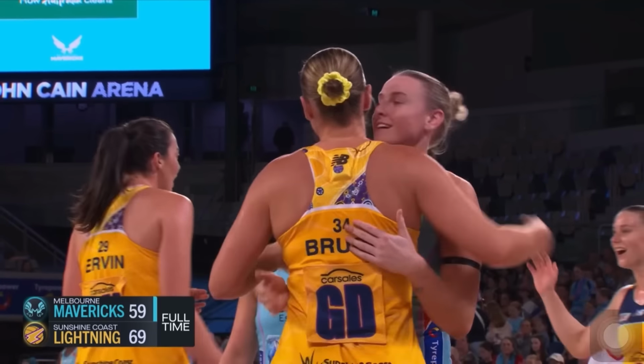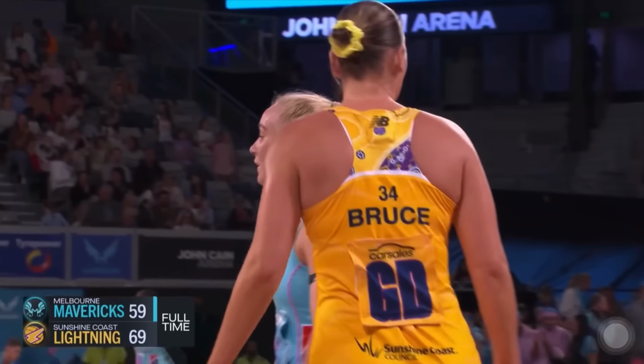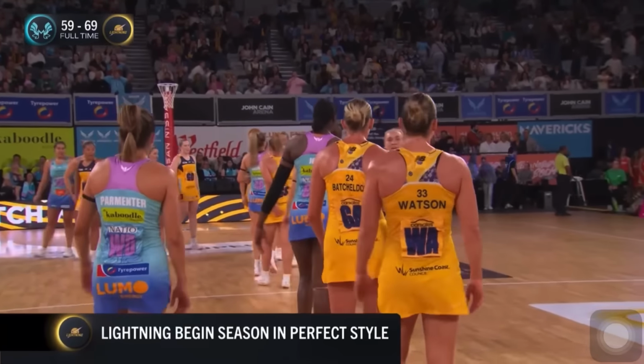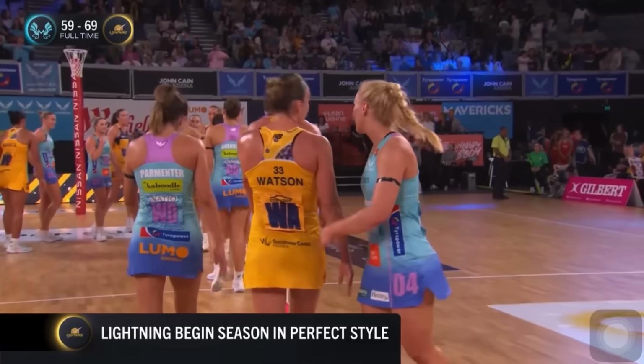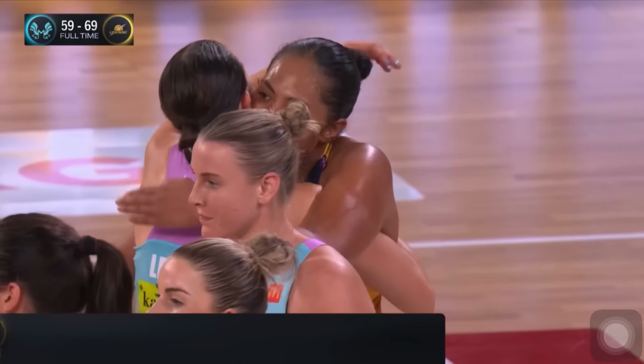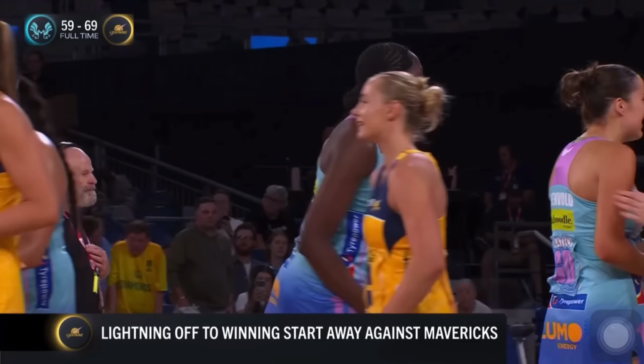What a win for the Sunshine Coast Lightning. Let's remember, back in 2024, the Mavericks beat the Lightning twice by 1 goal. Pre-season, the Mavericks beat the Lightning again. This is the first time the Sunshine Coast Lightning have a win over the Melbourne Mavericks. And what a time to do it. The start of a season, they're the most